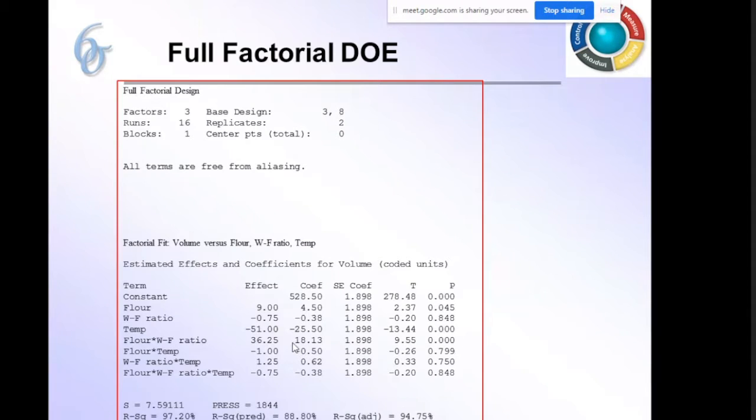And the flour was borderline, you can see this was 0.045, so that also is less than 0.05. And R square, we discussed the R square. Here R square is 97%, which indicates that there is very little error in the experiment.